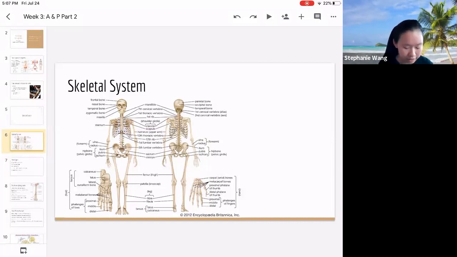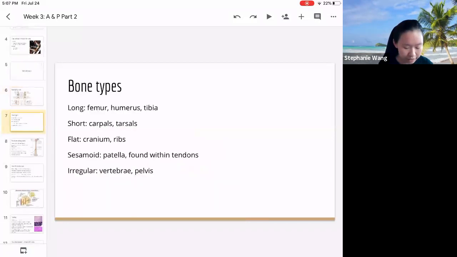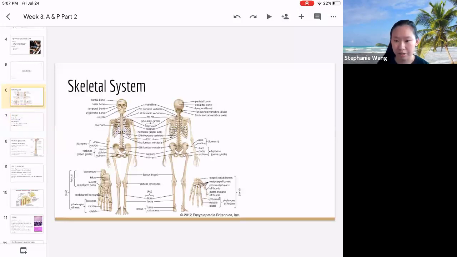Okay, so let's move on to the types of bones. The first type of bone we're going to cover is long bones. This sounds kind of self-explanatory, but it's more complicated than it seems. So, anyone want to give me an example of a long bone in the body? Type it in the chat. Anyone would be fine. Here, I will go back to this diagram.